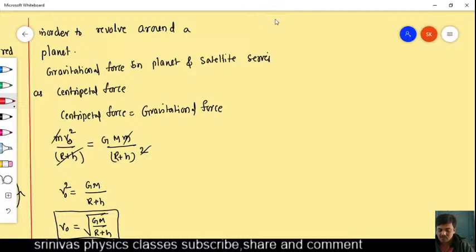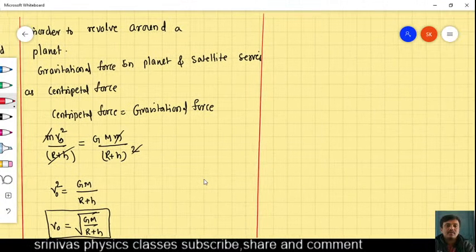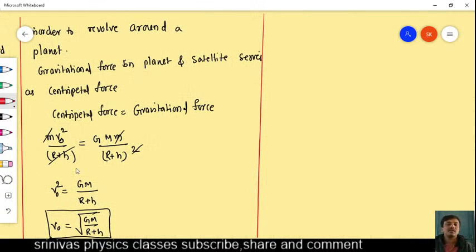In terms of acceleration due to gravity, I want the orbital velocity. Let us continue. Here we got the orbital velocity formula, which we can consider as equation 1. But we know the acceleration due to gravity on the surface of Earth is g equal to GM by R square. Then from this, GM is equal to gR square. You substitute this in that equation, then you will get v